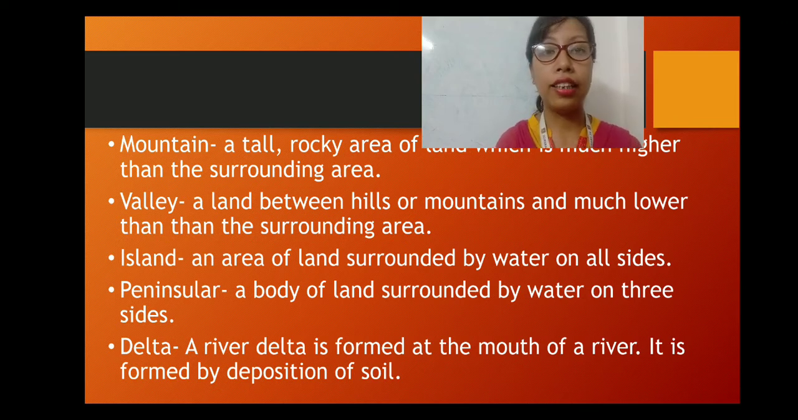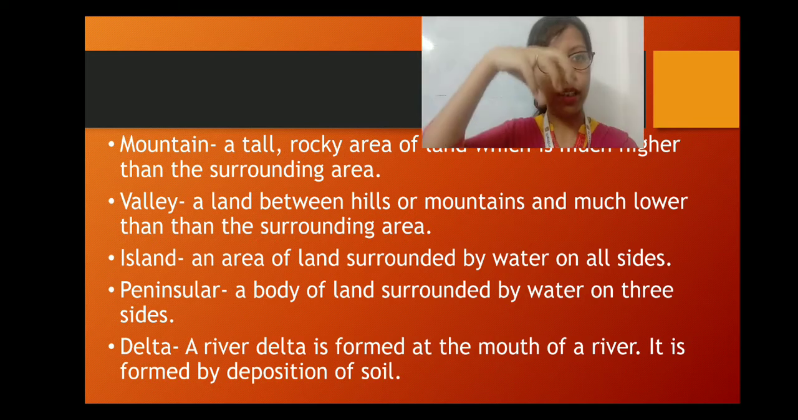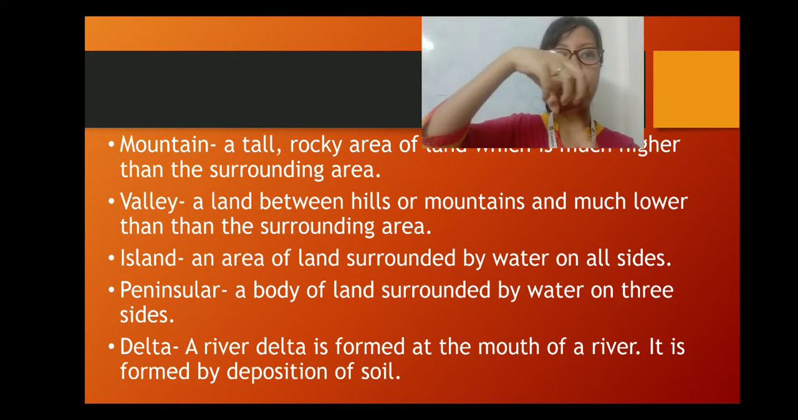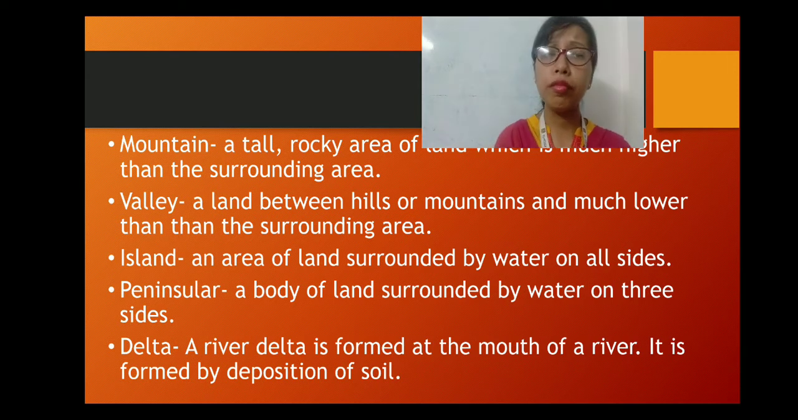And then valley, it is a land between hills or mountains and much lower than the surrounding area. Now a valley looks like a V shape. Clear? Then we have the island. It is an area of land surrounded by water on all sides. Then we have peninsula, a body of land surrounded by water on three sides. Now an island is a land surrounded by water from all sides. Clear? Now a peninsula is a body of land which is surrounded by water from only three sides,